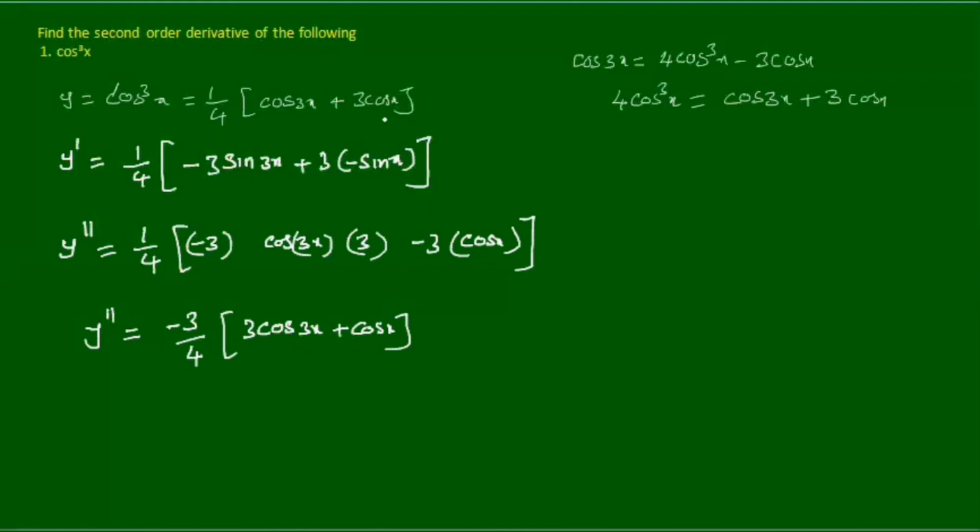Next problem. Here, the important thing is cos 3a. If sin cubed is given, the same formula, sin 3a is equal to 3 sin a minus 4 sin cubed a. So cos 3x formula it is. Next, sin power 4x. y is equal to sin square x cos square x. I write it as sin square x whole square.